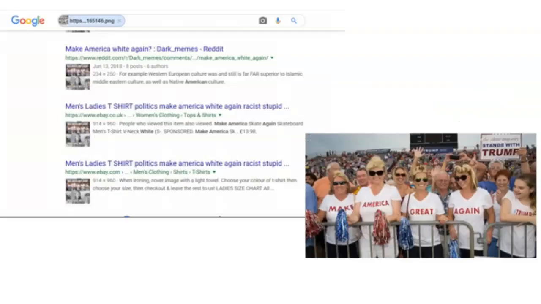Here's what I found. A Google image search results in pages of articles on this exact meme, along with images of the original news photograph of women at a rally. Now, nearly anyone can use Photoshop, and changing the words on a shirt is a very simple task. Again, news images are being strategically used and manipulated as a form of propaganda, and many of these manipulators are coming from outside of the US.